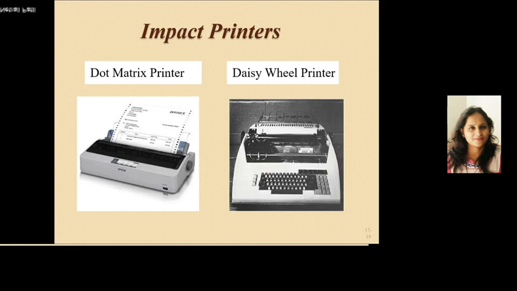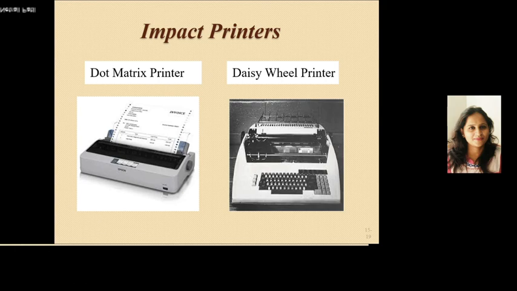See, impact printers consist of two types, dot matrix printers and daisy wheel printers. The printers that print the characters by striking against the ribbon and onto the paper are called impact printers. The advantages of impact printers are that the design and functioning of this kind of printer is easier than that of non-impact printers, and since the image is produced as a result of impact, multiple copies can be produced by the user using carbon paper.